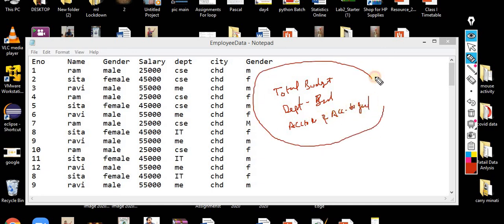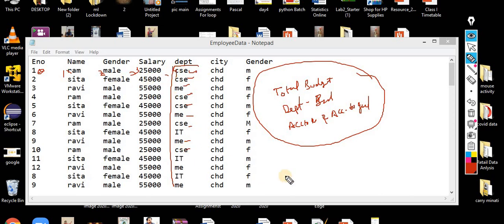So I need this. I'm giving you 5 minutes to think about this problem statement, and you are not supposed to use CSC, mechanical, CSC, EC, IT inside your code. You are not supposed to use these things inside the code. What else are you supposed to write? You are supposed to perform it with the help of the index number. So the index numbers are 0, 1, 2, 3, 4.